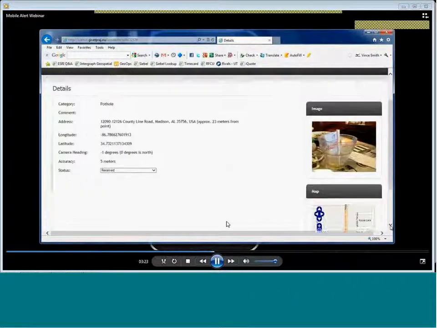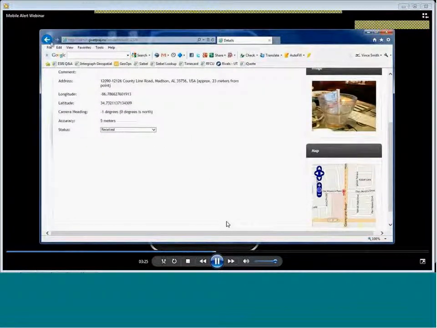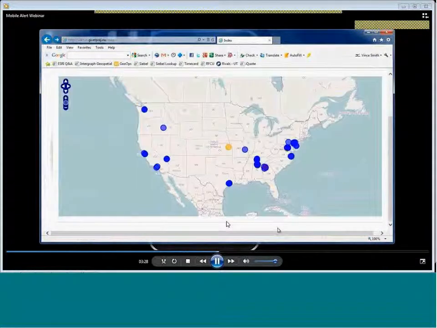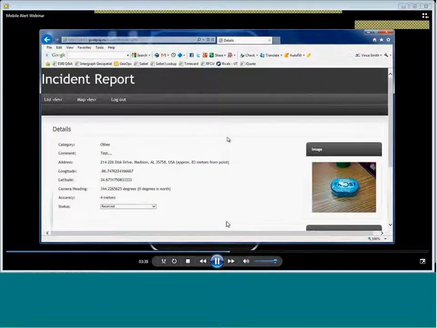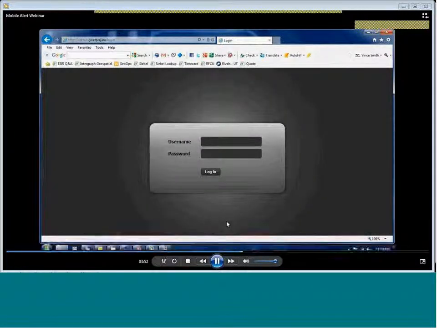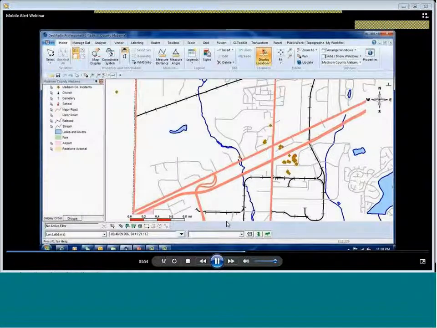Looks like someone's taking a picture of a glass. Again, I see a picture of the incident itself and other additional information. I can go in and click on each one of those. A little bit tighter view here, actually with the Intergraph campus. People have been doing a lot of testing here. Looks like someone's taking a picture of something on their desktop. Just some QA. So let me log out of the portal, and what I want to do next is go